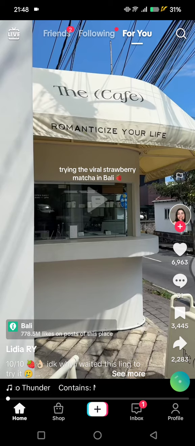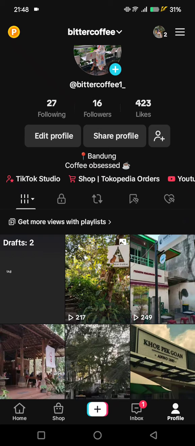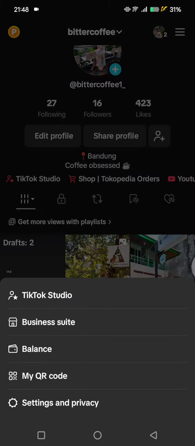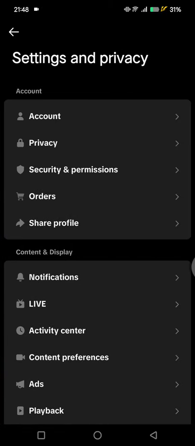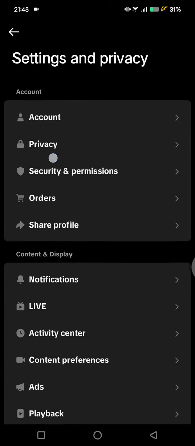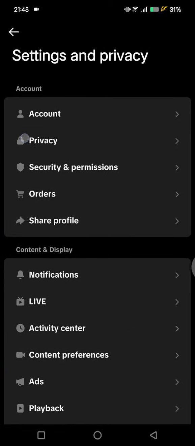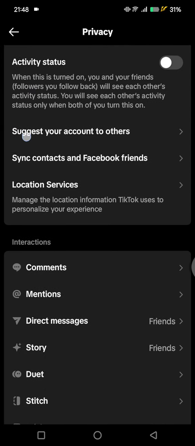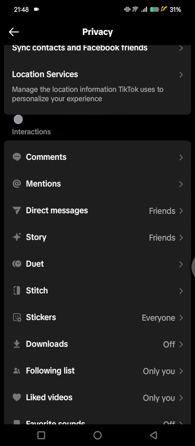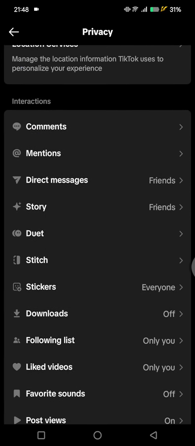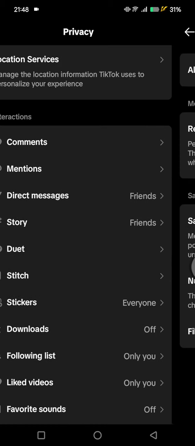First, you can just head to your profile on TikTok and then click on the three lines icon at the top right corner. Go to the settings and privacy, then tap on this privacy settings, and if you scroll down there will be this interaction section and you can just select these direct messages options,